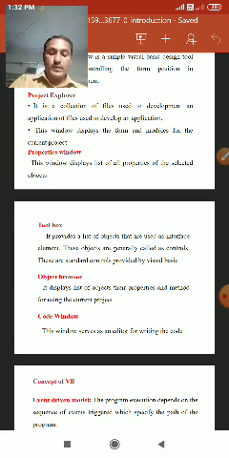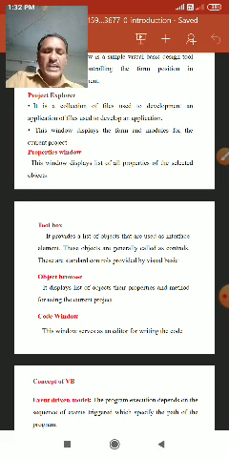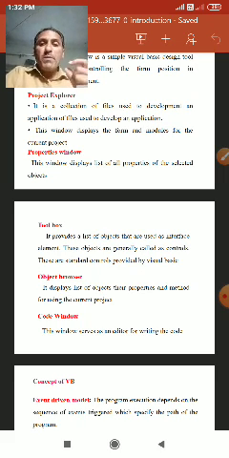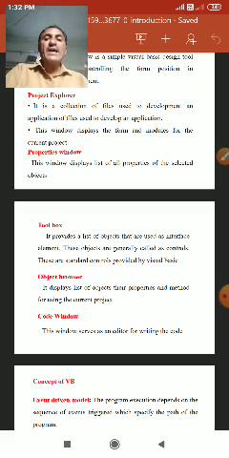Command button. It lets the user take an action by clicking the button, which gives the result. Command buttons run all types of written programs and give the result.